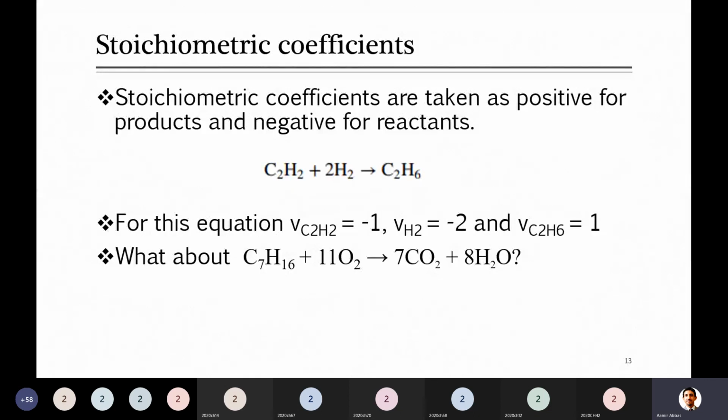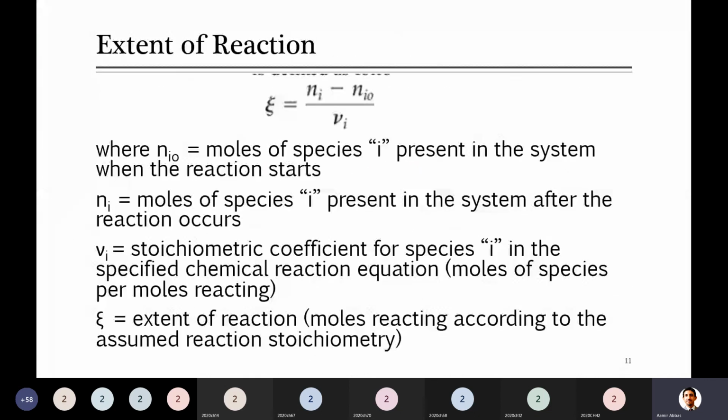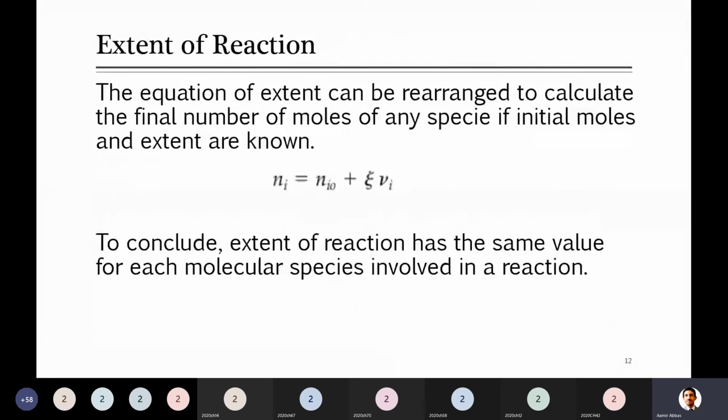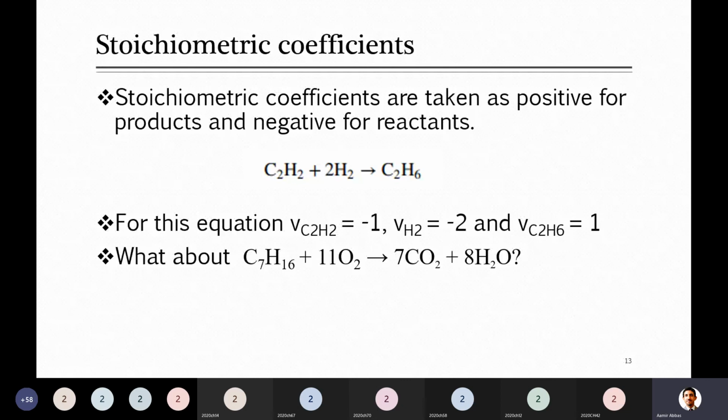So when you use this equation, the stoichiometric coefficient has a convention that its value is taken as either positive or negative. Just remember that the stoichiometric coefficients are positive for products, which are generated, and all those which are consumed are taken as negative. For example, here acetylene and hydrogen were reacting and producing C2H6,